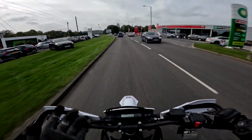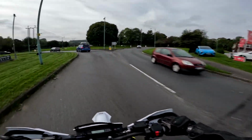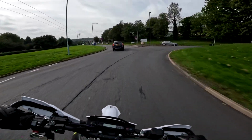So yeah, I think the fact that they've incorporated everything into one ugly stock can kind of tells you they're making life easier for the modders. They know what people do with these bikes. I don't know if I said this before on the video, but when I was talking to the dealer before I bought the bike,